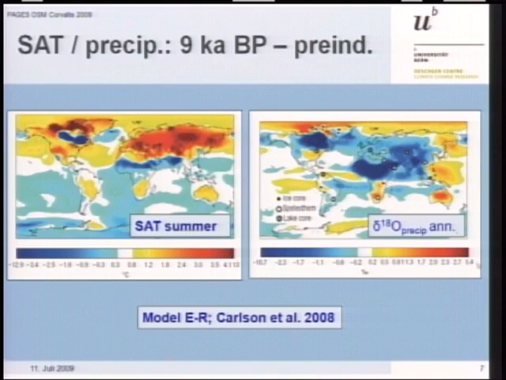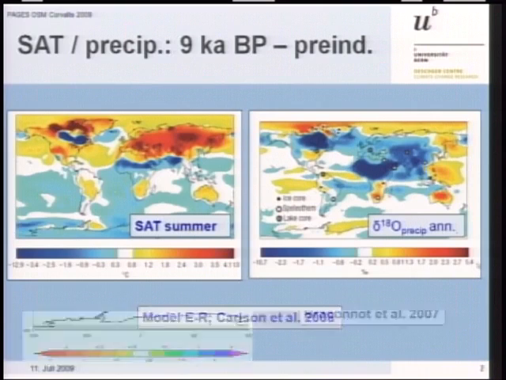area of the Laurentide ice sheet at 9K, and we can see that we had lower temperatures in here, and this is here representing the delta 18O precip. This is mainly a temperature effect, and we have again this thermal regime represented here.